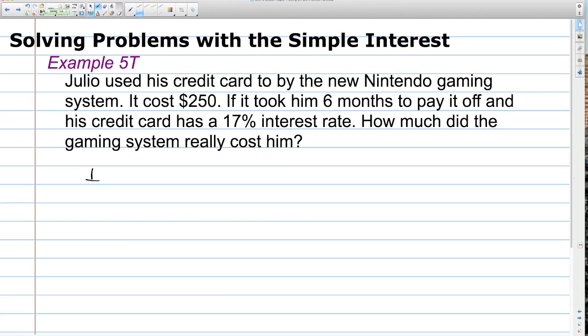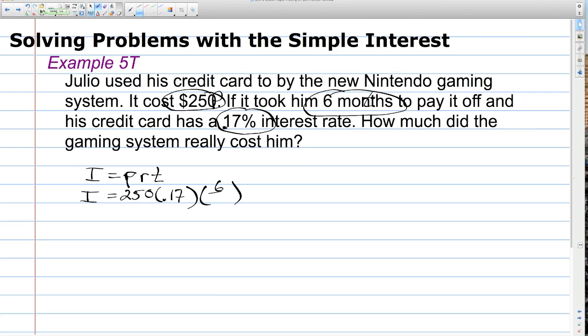First, we have to calculate the interest using the simple interest formula. The interest is going to be the principal, and the principal in this case is the amount of money he charged to his credit card. So the principal is $250. The interest rate is 17%, but expressed as a decimal number is 0.17. And the time in this case is 6 months. That, as a fraction, has to be over 12. 6 over 12. So when we go to multiply this out, you could write this as 0.5 if you wanted to do it by hand, or to make it easier to put in your calculator, you could go 250 times 0.17 times 6 over 12, or 0.5 in that case. And what that gives is